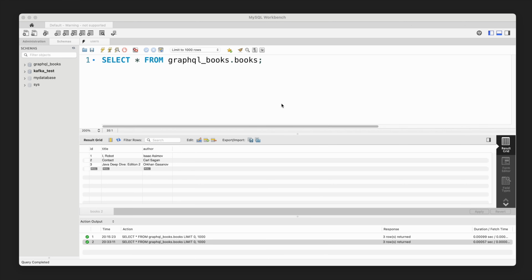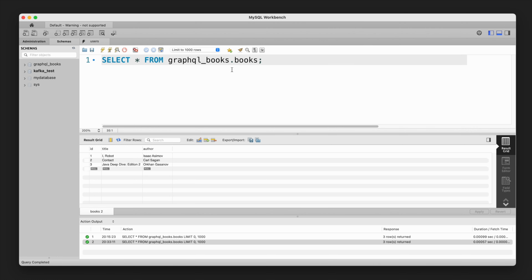In the previous episode, we already started the GraphQL server and ran our first query. Now we are going to build a GraphQL API for a bookstore. For example, in this case, I have already created the schema graphql_books. Let's say that we are building a GraphQL API for a bookstore, and for now we have only one